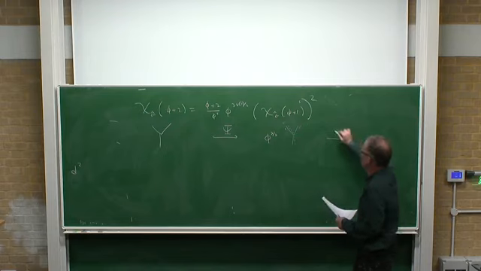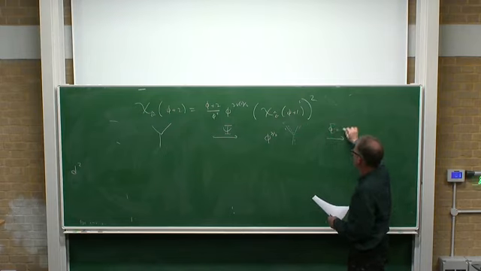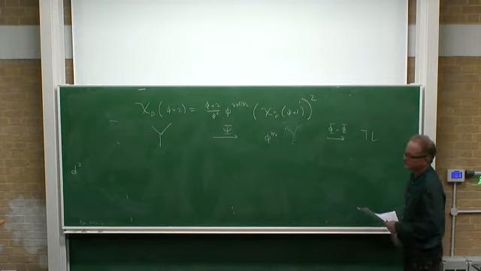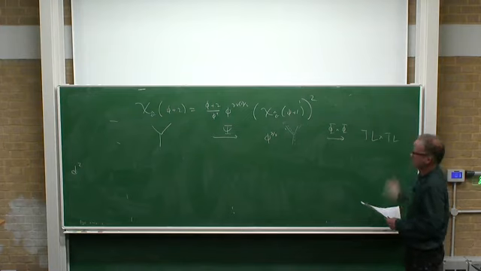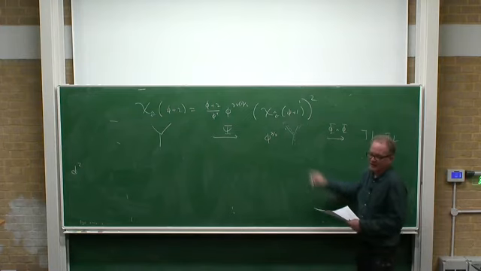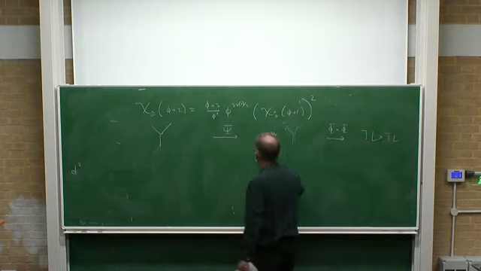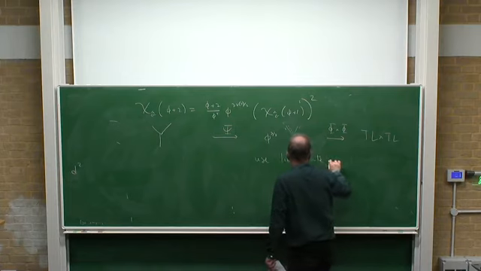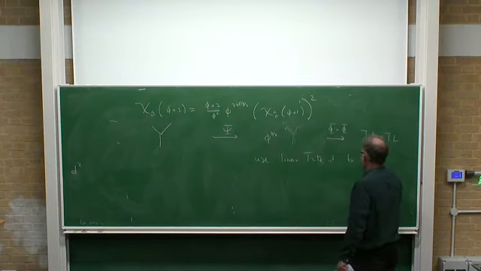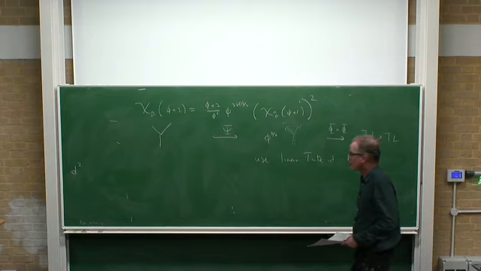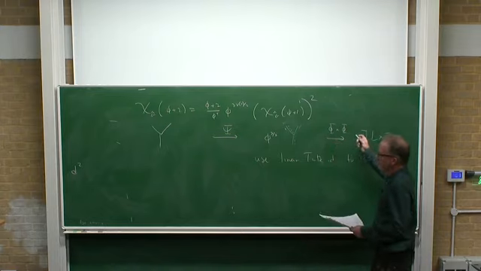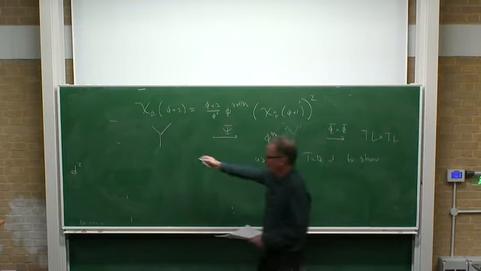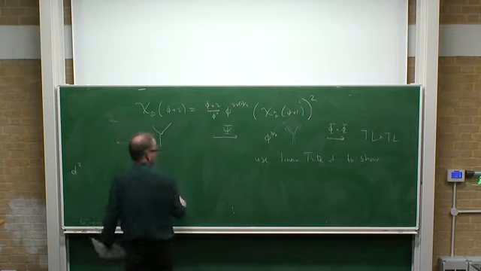And then we can use a map phi cross phi to send this to Temperley-Lieb cross Temperley-Lieb. Right. And then we use the linear Tutte identity to show that this thing satisfies all the three relations